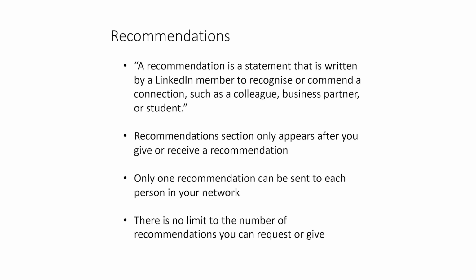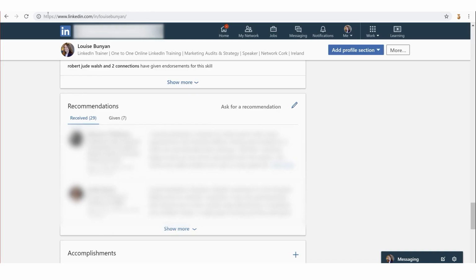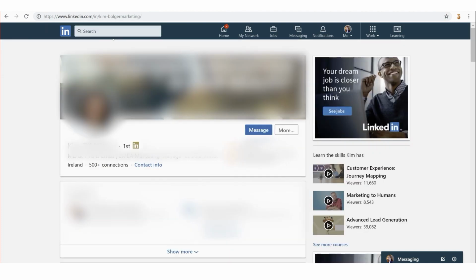Next I'm going to take you through a couple of steps on how to request a recommendation. The first thing is that you need to go to the profile of the person you want to connect with. I'm just going to use a friend of mine as an example. Remember you have to be a first degree connection with that person. What you need to look for is the More box.